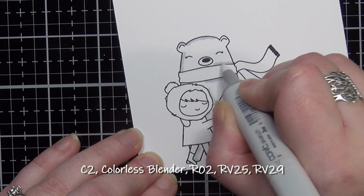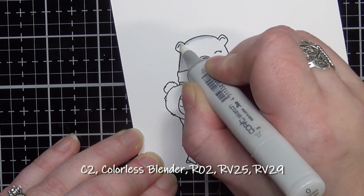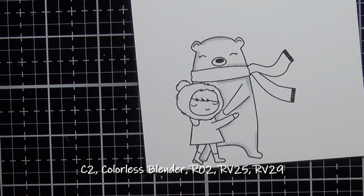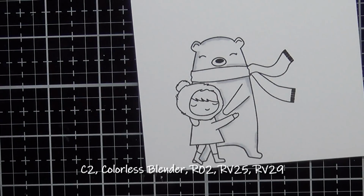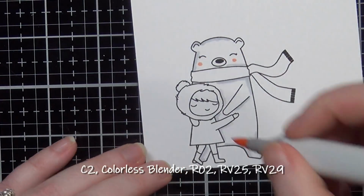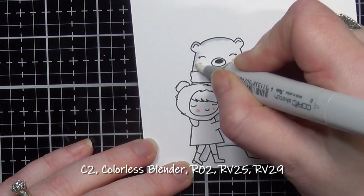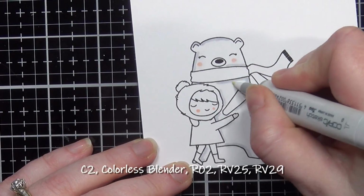But in the end, it worked out just fine. So after I add in the shadows to my polar bear, I'm going to add a little bit of a rosy cheek to both the polar bear and the little girl there. And then to add some color to the scarf, as well as the little girl's socks or boots, I guess you want to say, I'm going to color her legs as tights instead of actual skin. So I'm going to use the R02 for the rosy cheeks, and then I'm going to use RV25 and then RV29 to add some of the color to parts of her outfit,